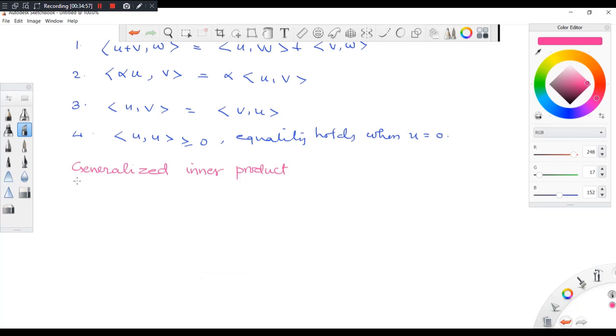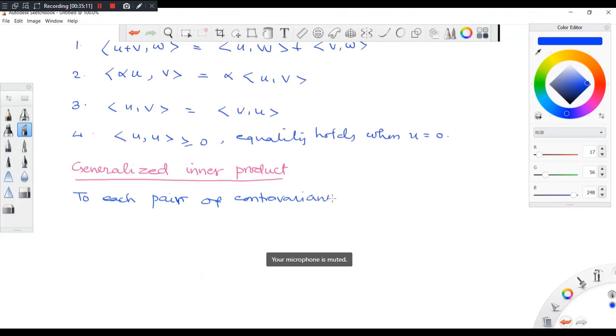To each pair of contravariant vectors, one contravariant vector u with components ui, and another contravariant vector v, whose components I write vi, is associated